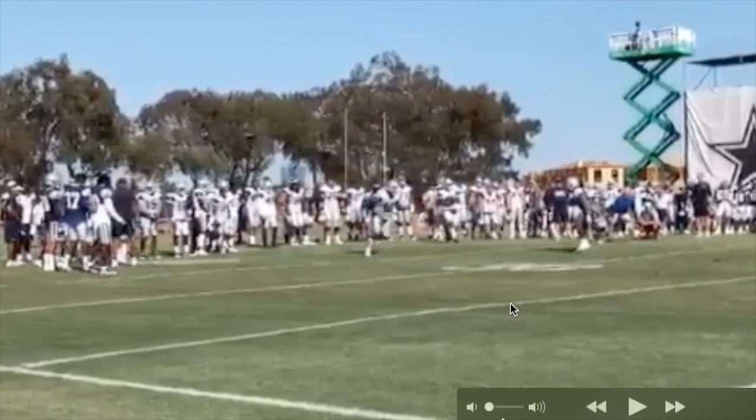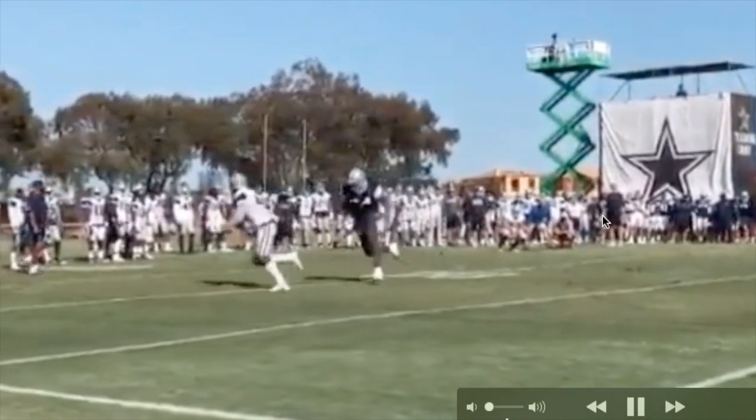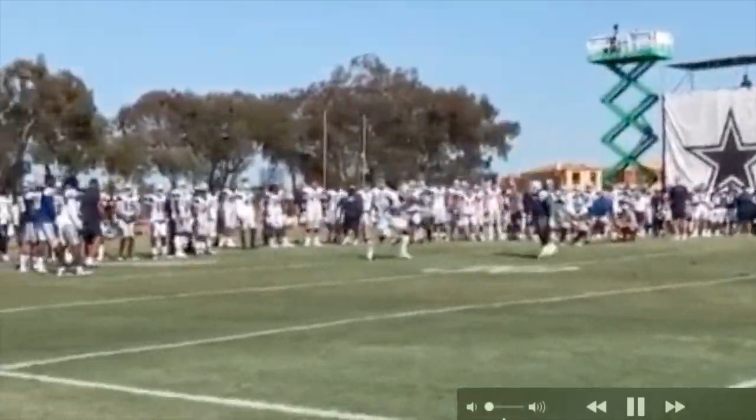Right here we got Jaylon Smith versus Rod Smith. Now mind you, pardon me, y'all, this ain't nothing high quality here. This is 15p right here coming out the gate. You know, most of these clips are like cell phone clips, so don't trip. But anyway, we got Jaylon Smith. We're gonna run the clip and we're gonna bring it back and we're gonna talk about it just a tad